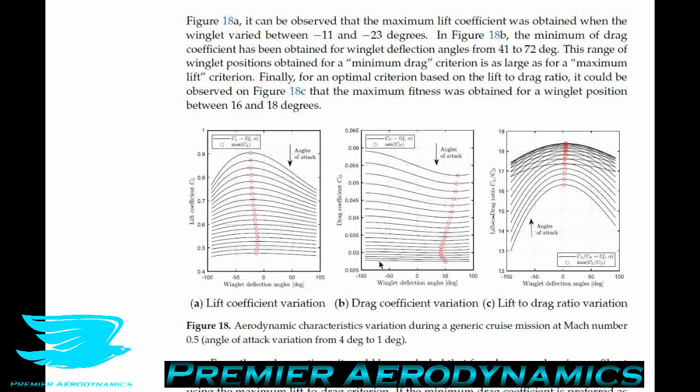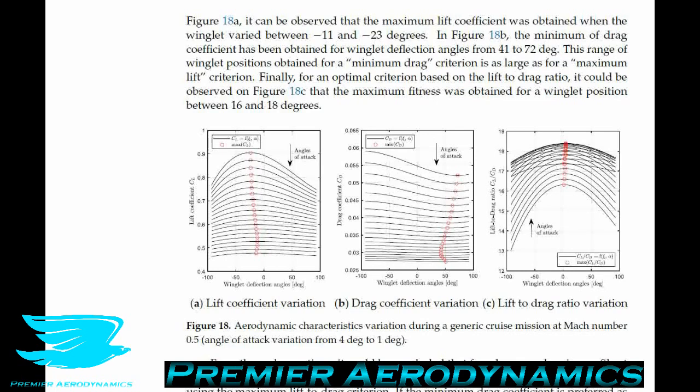So we can see at a 0 degree angle of attack, here, and at 1 degree angle of attack, there's almost no change. As we go up, we do get a significant change. The maximum changes are seen at a 4 degree angle of attack. Interestingly, there is an offset in terms of the best and worst winglet pivot angles between the lift and drag